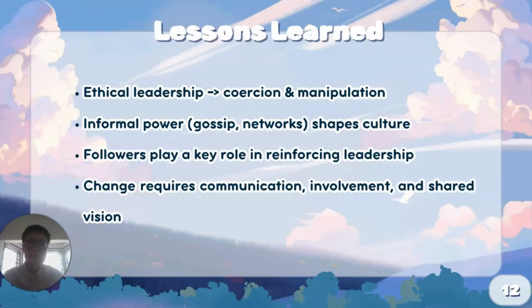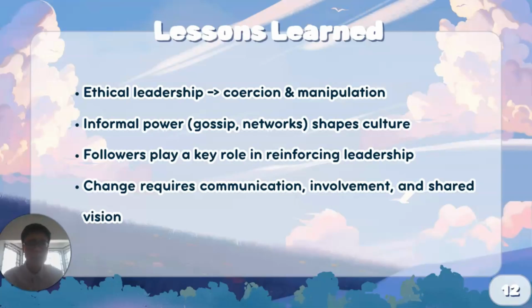Secondly, informal power like gossip and social networks shape culture more than formal authority. For example, Gretchen spreading gossip reinforces Regina's influence. This highlights how informal communication channels can be more powerful than official rules.